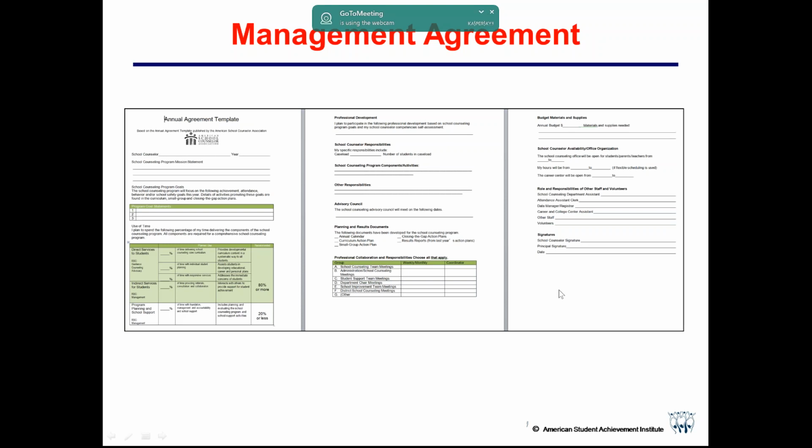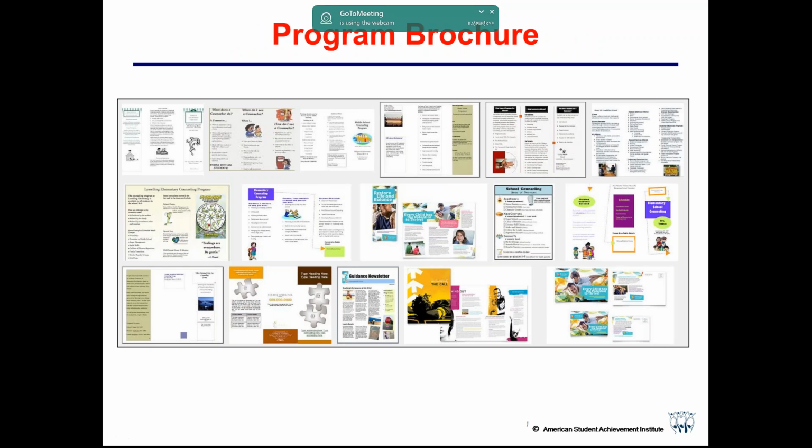So some of this is going to be the same for every counselor, like your program goals and your program mission, but there are parts of this that are individualized for each counselor as well. And then both parties, the principal and the counselor, sign off. So again, not really time consuming, but it's something that for the ASCA RAMP, also in Indiana, for the Indiana Gold Star School Counseling Award, we need to have for each counselor.